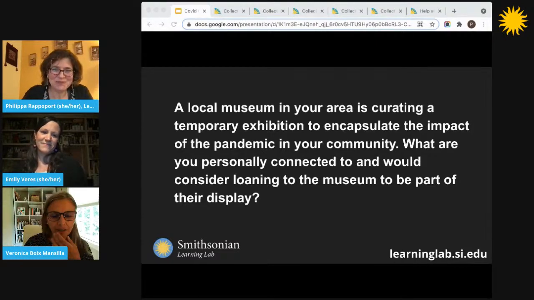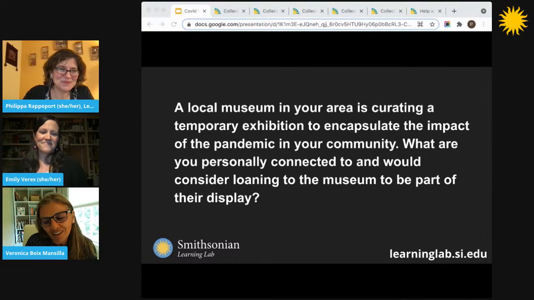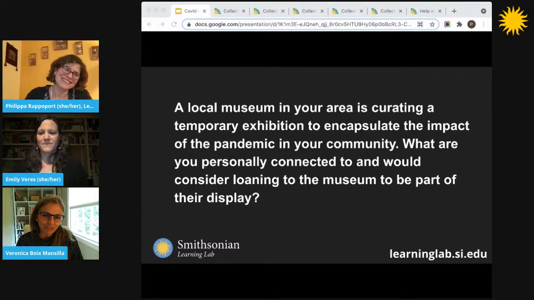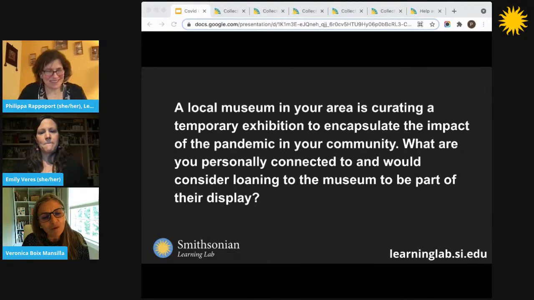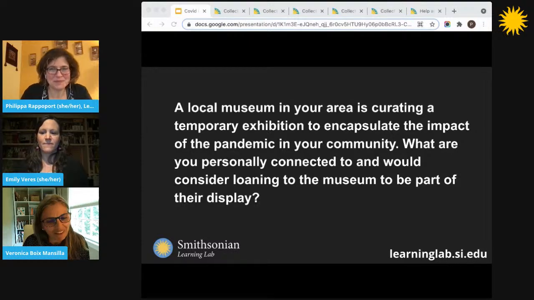I think that I would bring two things to the museum. I would donate a meditation cushion because COVID has really invited me to begin to learn more and more about meditating, and I have found that incredibly healing, incredibly centering, and I've loved that. And I also would bring a ticket to Argentina. I'm from Argentina originally. I live in the United States, and I was very anxious about seeing my mother. So as soon as I could fly to see her, I was incredibly happy. So I kept that ticket, actually.